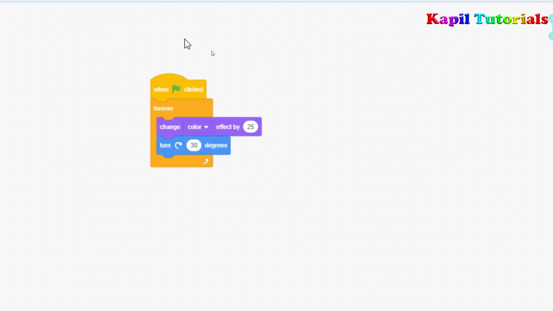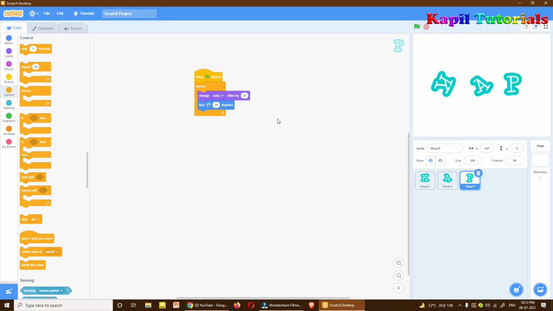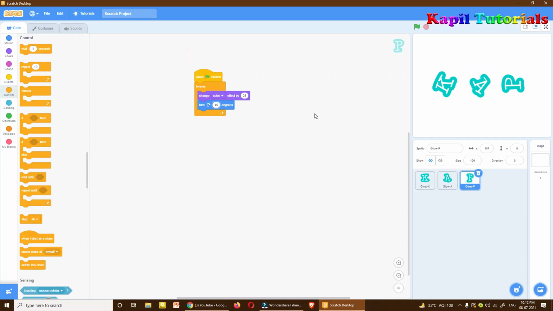So these commands are something like this. Okay, now let's see. It seems it is rotating very fast. Let it be 15. Then I'll run it.